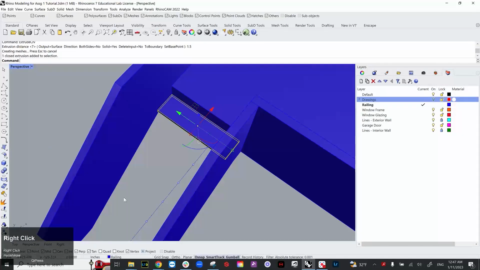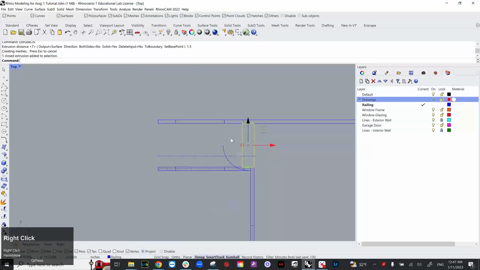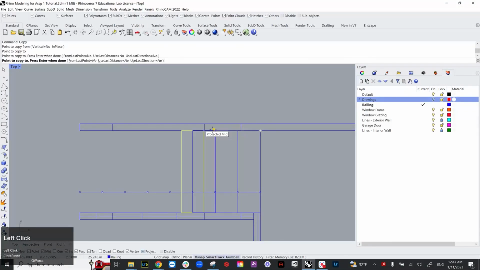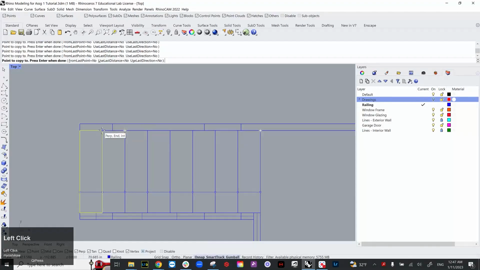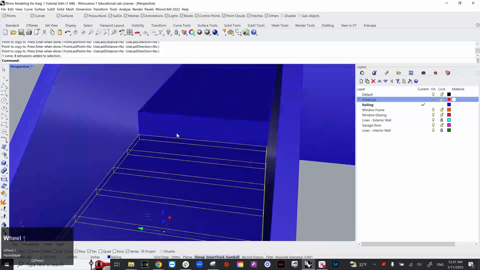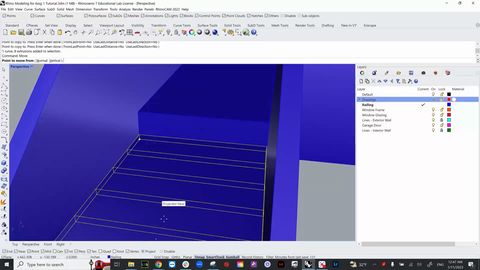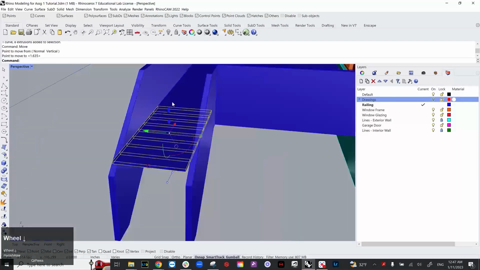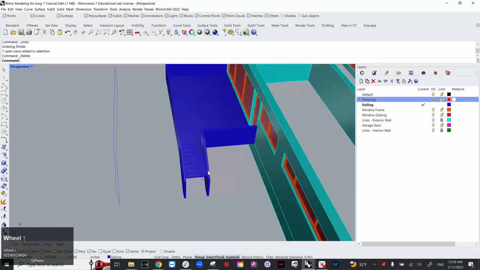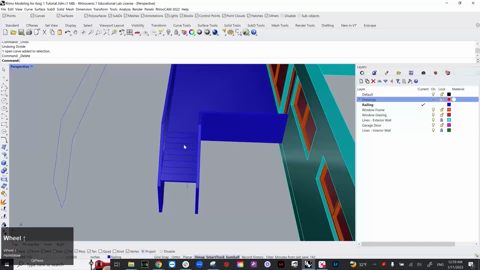And I'm going to go to the top and copy paste them. Okay. So now I'm going to move this up so that it's at the same level as this. Okay, so once you have these steps made,